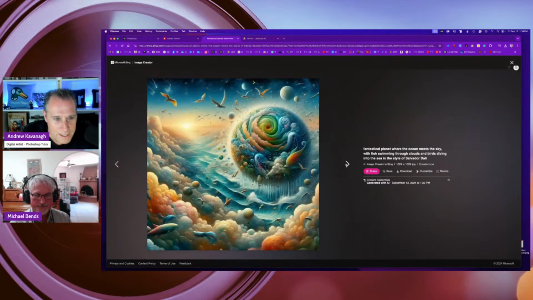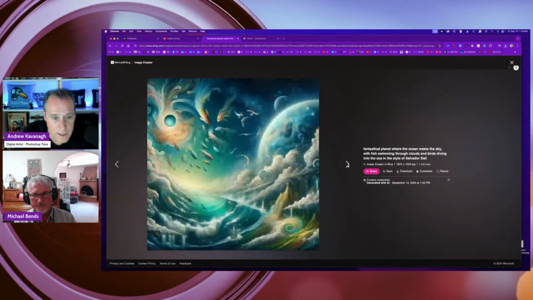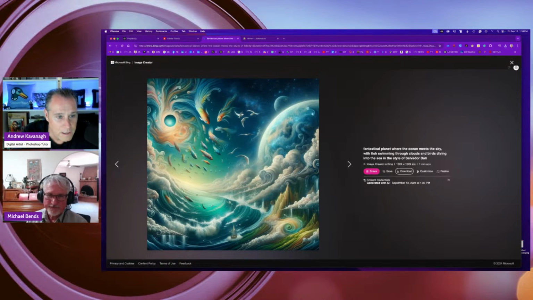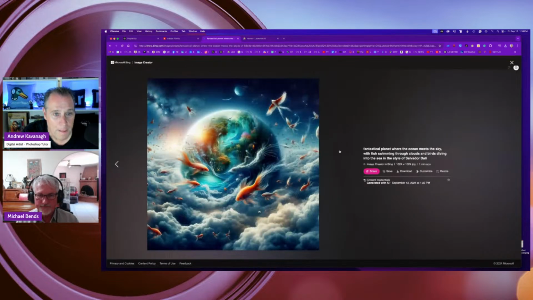And what I tend to do is I like to go through. I kind of like the texture, the spiral on the planet or the world here, so I'll download that. And I'll kind of go through. I like that. But this might be a good example of where I want to clean up the excess fish. I like some of them, but there's too many. And then go through. So I'm not sure if there's an overly Dali-esque influence on it by using that.